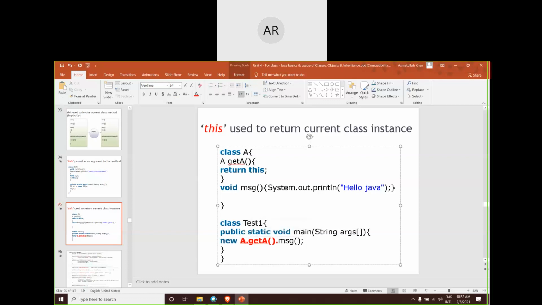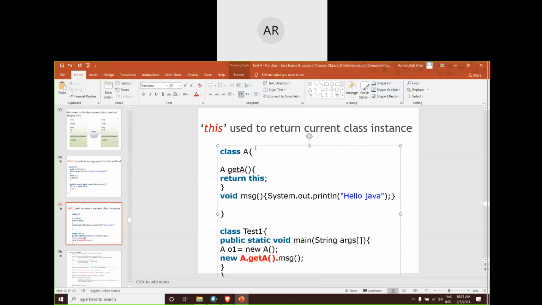Earlier we used to write the class that we have here. We have two classes, one is A, the second is test1. And we are trying to create an object of A, right? So how did we normally create it? We used to write A O1 equal to new A of. This was the way we used to create the object, right? Have we written the constructor, A of, in this particular A class? No, we have not defined the constructor here.